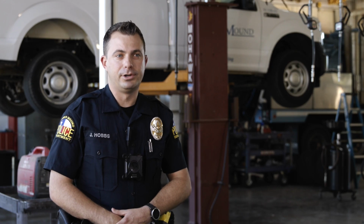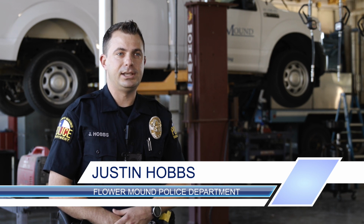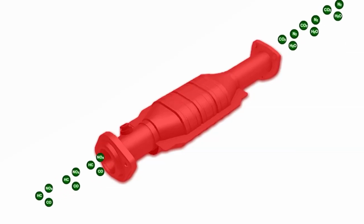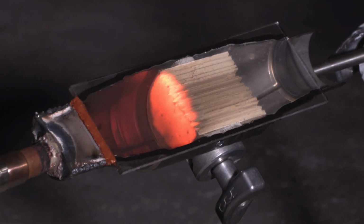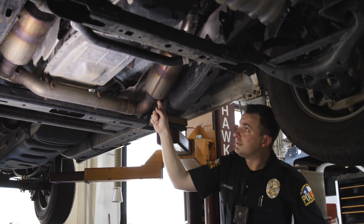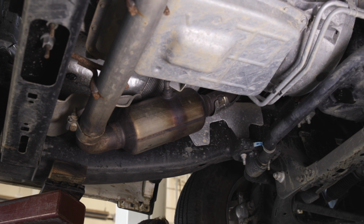A catalytic converter is a component of a vehicle's exhaust system. What it does is it takes some of the more noxious chemicals from your vehicle's exhaust, and using a catalyst, it converts those from hydrocarbons and things like that into water vapor and carbon monoxide, which can go out into the atmosphere and be more breathable. The catalytic converter is located between the engine and the muffler on the underside of the vehicle, usually forward more